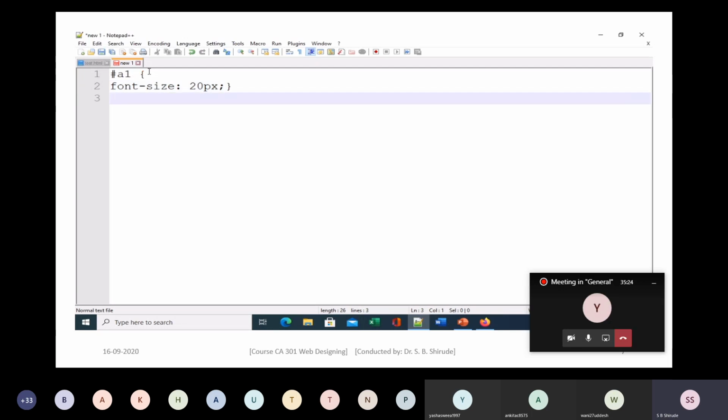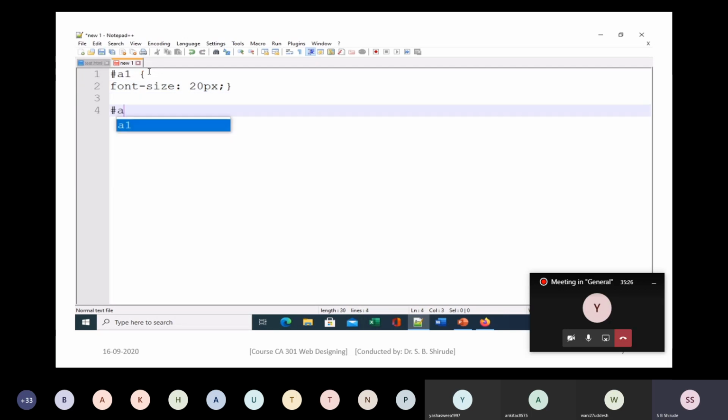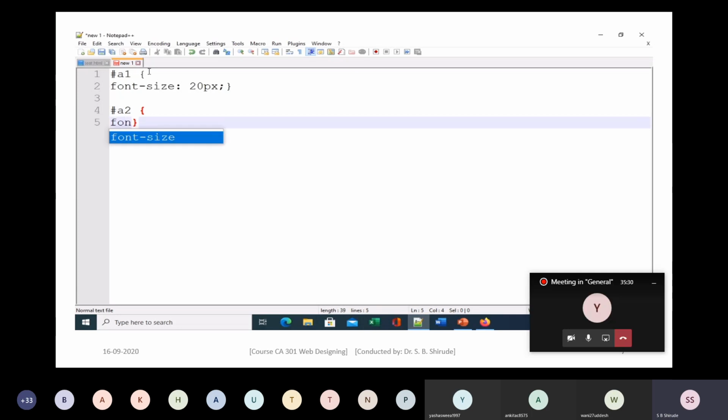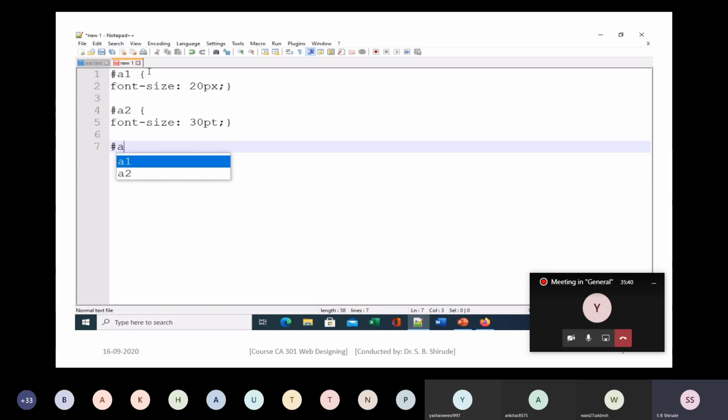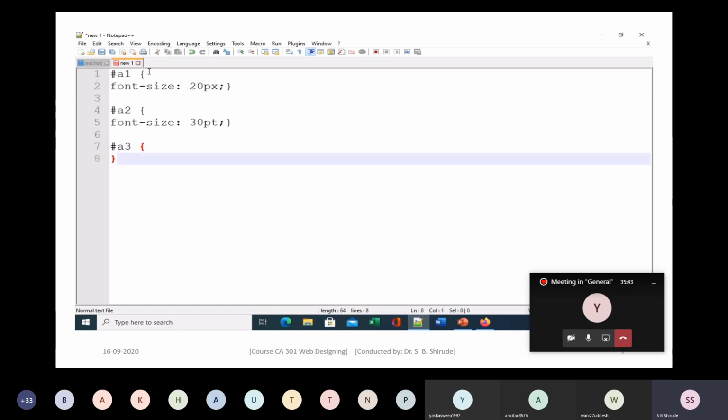So this is the first unit of measure, px. Now I will use A2, and for that I will give font size in points, say 30 pt. See, it is pt, it is not pts. Sometimes students get confused whether it is point or points. These small things are also very important to understand.